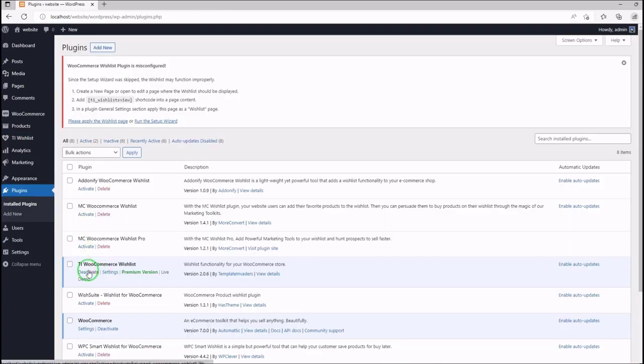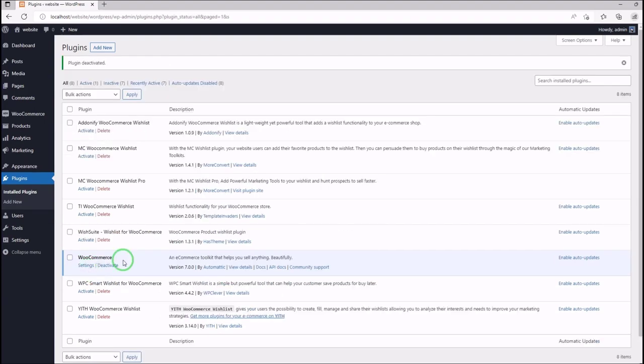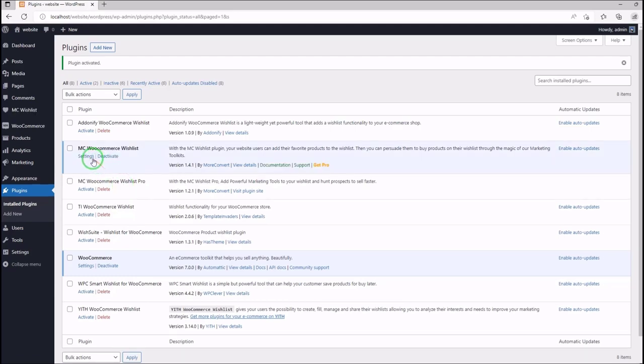So let me deactivate the plugin. Okay, in the next one I want to introduce you to the plugin that is already my favorite, the MC WooCommerce Wishlist. Let me activate this. You can see I already have the pro version because I think it is a great choice. So if I go to the settings and show you the admin panel of the plugin,